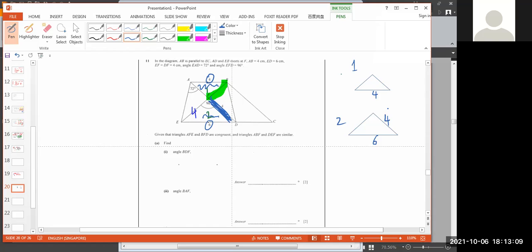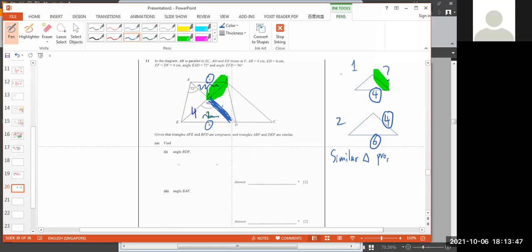Now the question is, this side, the green one, is actually this side. Can you see it? So now you just need to find out this side. But you already have 4 for this one, 6 for this one, 4 for this one, then the question mark. So what you need to do is you make use of the similar